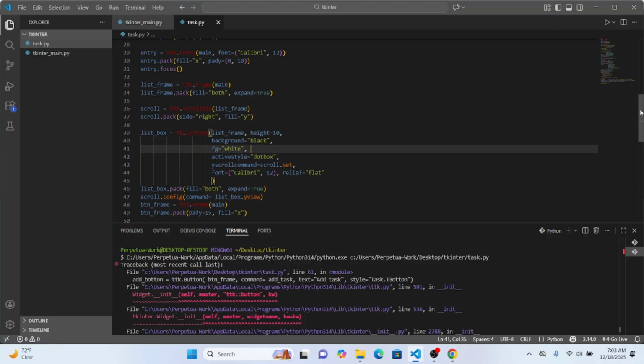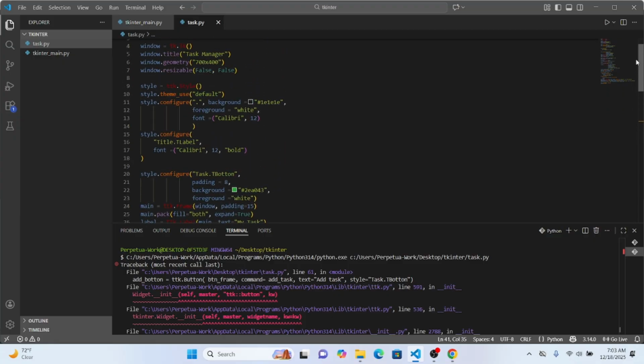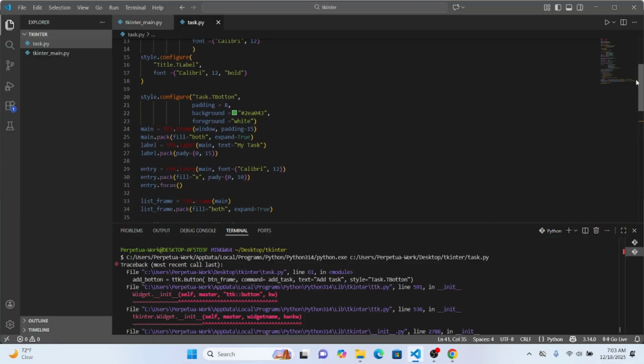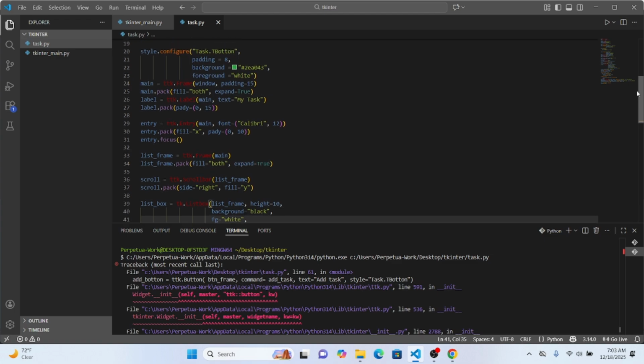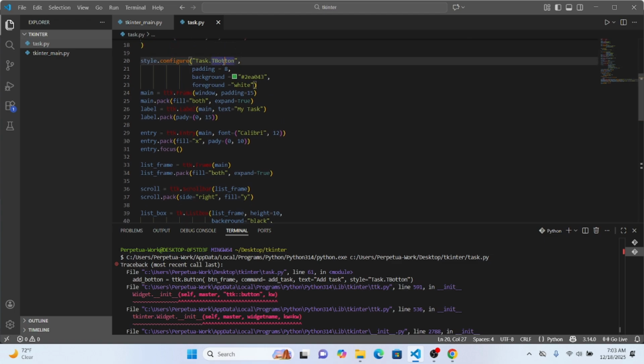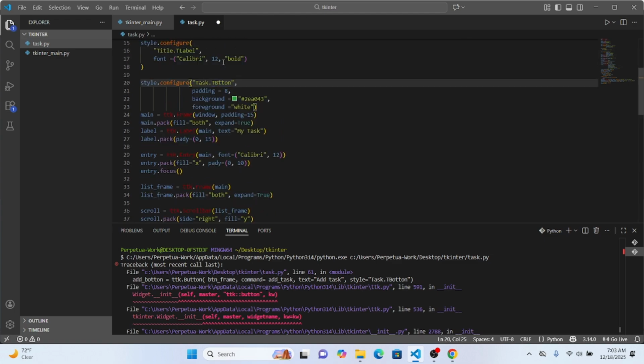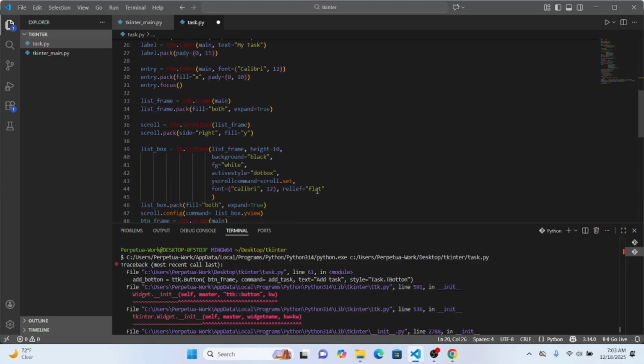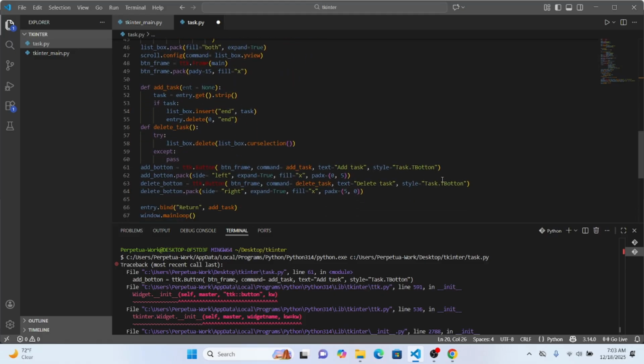We kind of misspelled the button, and it's supposed to be butn and not button. So let's look at our buttons, and yeah,